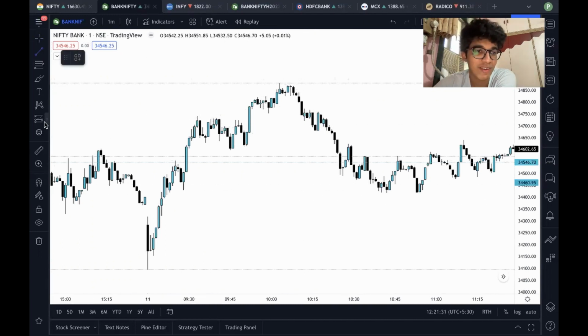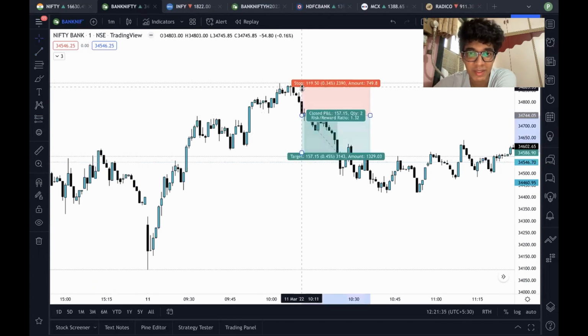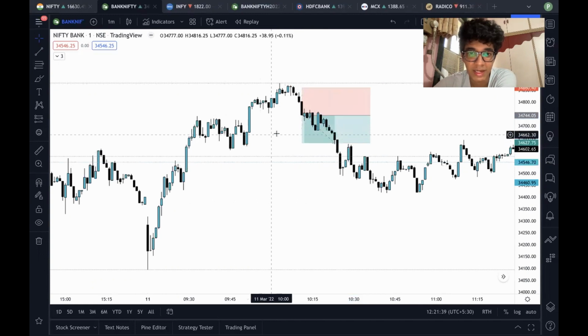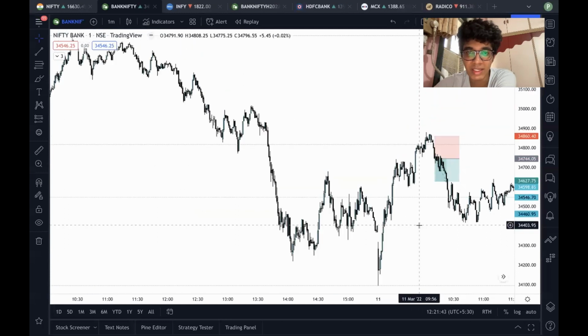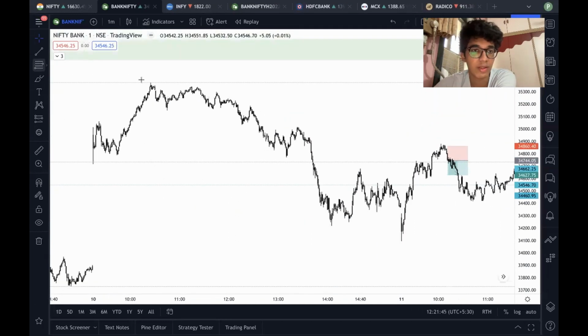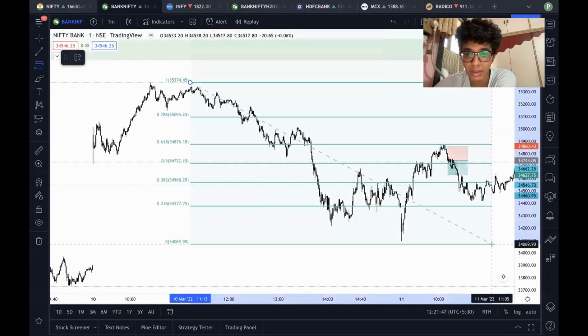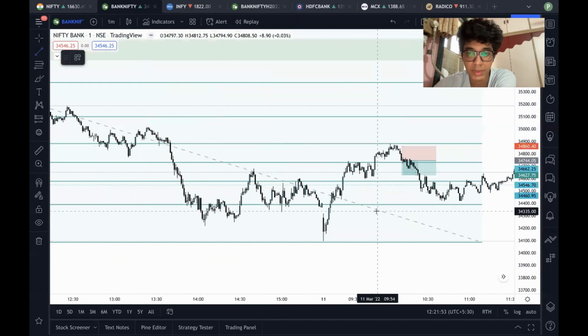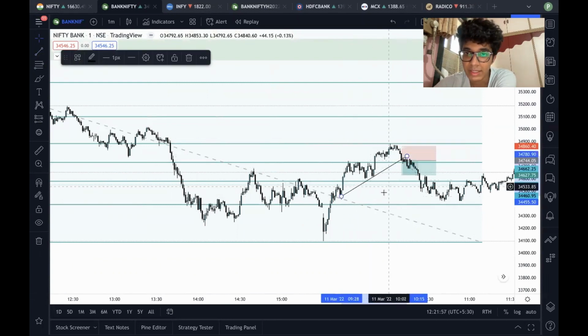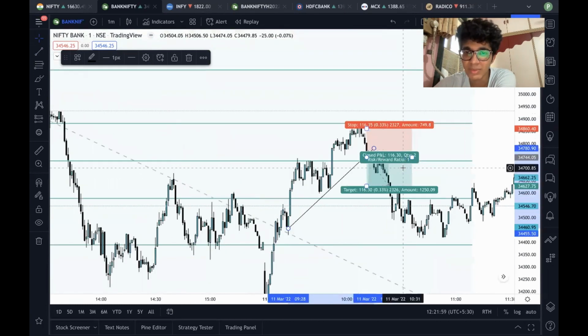I almost sold at the very top, which is sold at 10:11. My stop loss would be about this much. My target must be this bottom, right around over here. So I think I booked 90 points or something, 2,300. The reasoning was very simple. Okay, you draw a Fibo from here to here. Which level is it? 0.618. After that you draw a trend line as well. Breakdown came, retest done, go short. It was as simple as that.